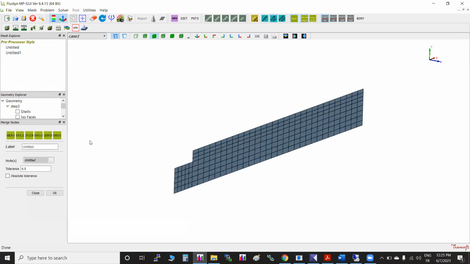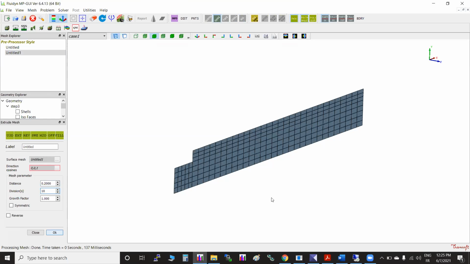I will just try to create a 3D mesh again. So mesh. Okay. So here is a mesh. Create from mesh extrude. You know, extrude option is there. Second option. Select it in Z direction, or do it distance maybe 0.2, divisions 10. Okay, like this. So this is one for one mesh.